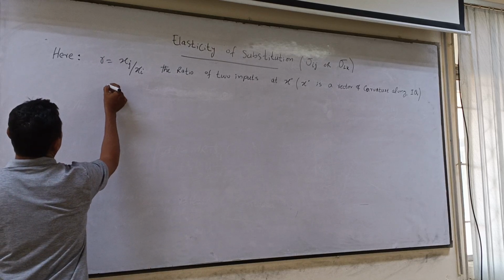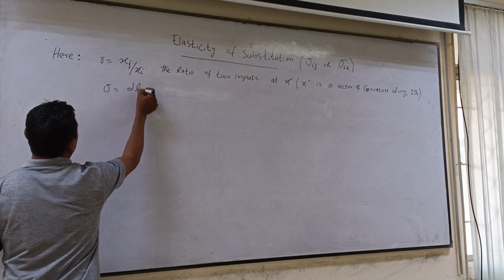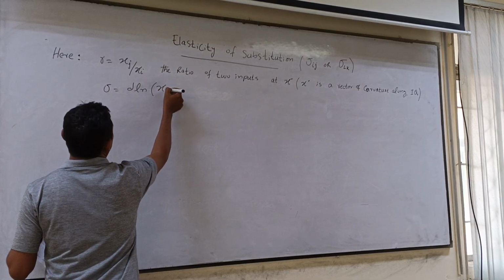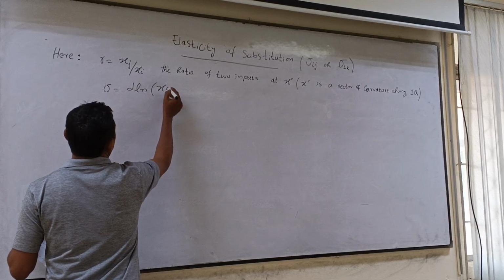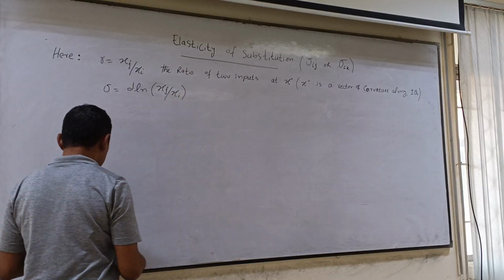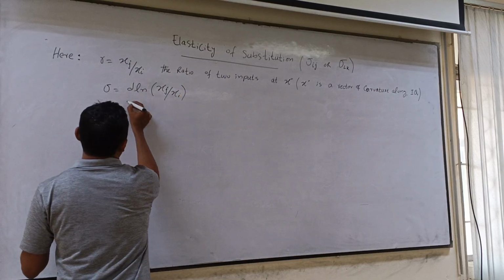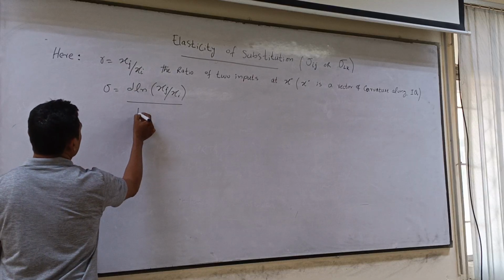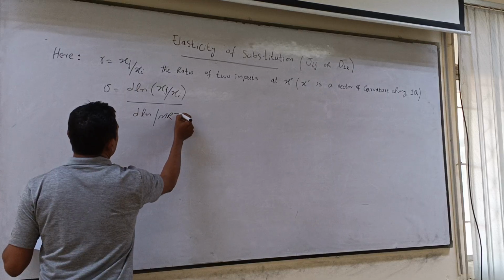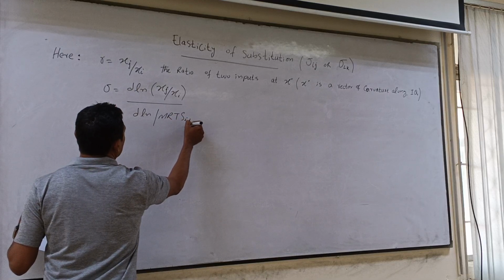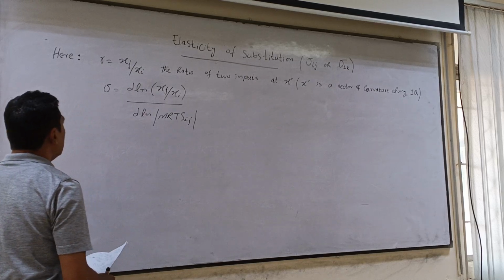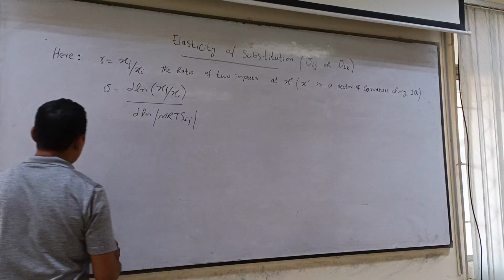Similarly, d ln xj divided by xi upon d ln MRTS ij, that is equal to